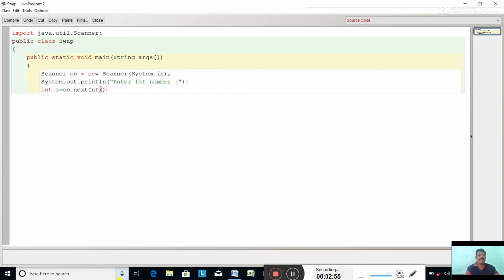Alright. Now System.out.println("Enter second number"). Second number: int b equal to ob.nextInt().